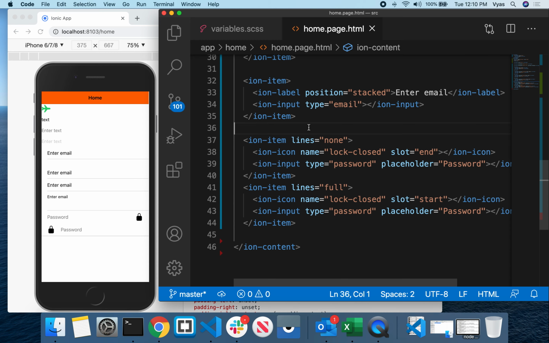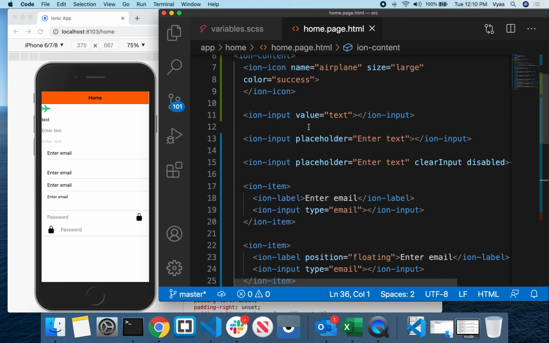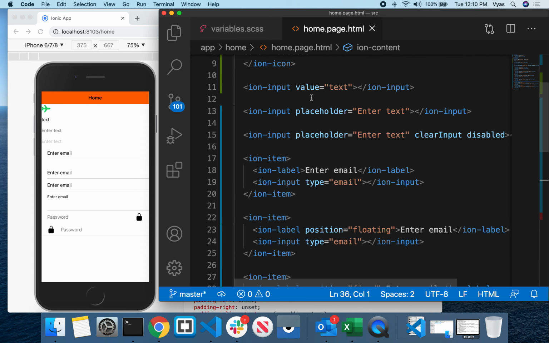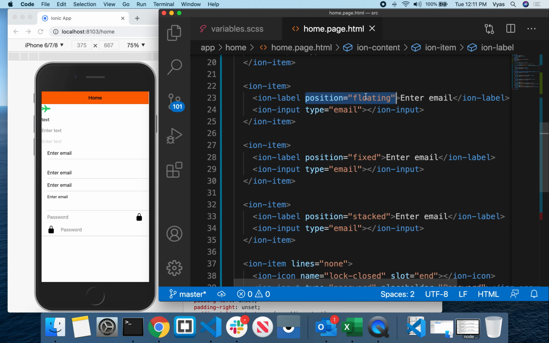Okay, so in this way you can use the input field with different types, and you can use attributes like value, placeholder, minimum, maximum, minimum length, maximum length, and so on. Then you can use an ion label for the input field, and customize the ion label with the help of the position attribute. For the position you can use floating, fixed, and stacked.